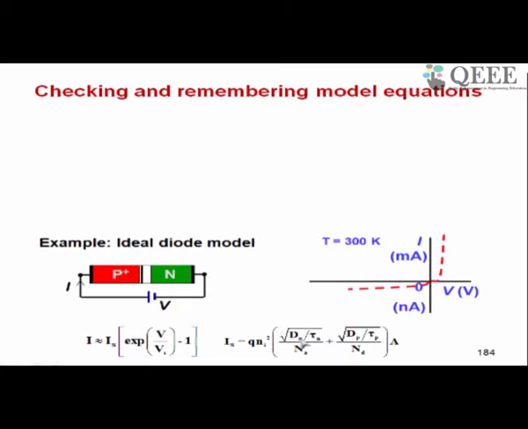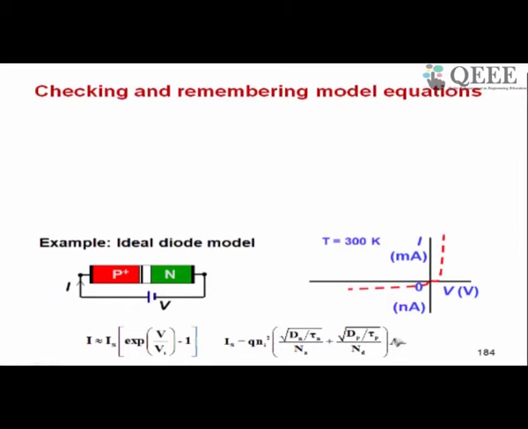Please remember, the suffix n is not the n type region. This suffix n refers to the electrons, right? And these are referring to the minority carriers. Therefore, we should not think that Dn means diffusion coefficient of electrons on the n side. That will not be correct. Dn is diffusion coefficient of electrons, but it is on the p side. This is clear from the denominator term Na. Na means p side doping, and therefore these quantities are also for p side. Similarly, this is for n side.